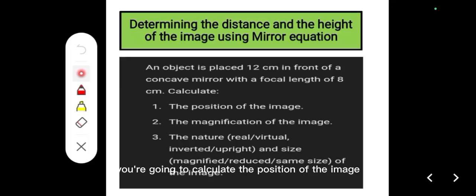So from this, you're going to calculate the position of the image, meaning the distance of the image from the mirror. Second, the magnification of the image. How many times is the image magnified, or is it magnified or reduced in size? And third, from your results in numbers 1 and 2, you're going to interpret these numbers